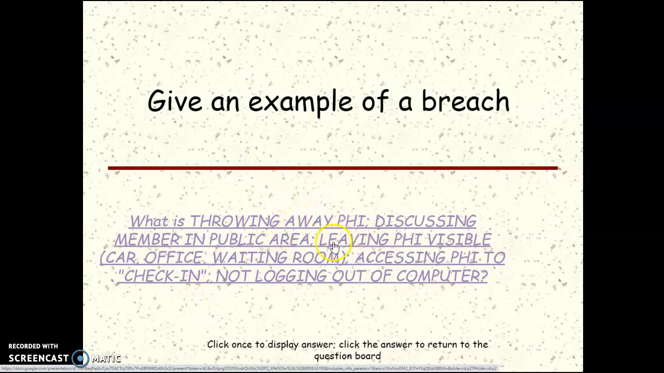After each question, the player will be awarded points, or you can do it team based, however works best for the organization. And that's just a basic walkthrough of how to play my Jeopardy HIPAA security and rules